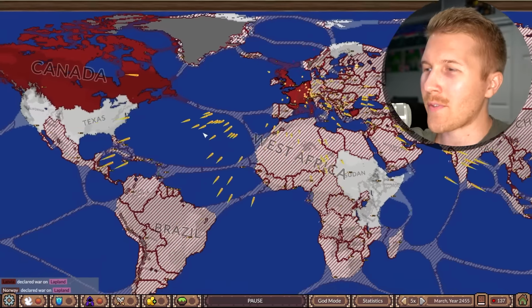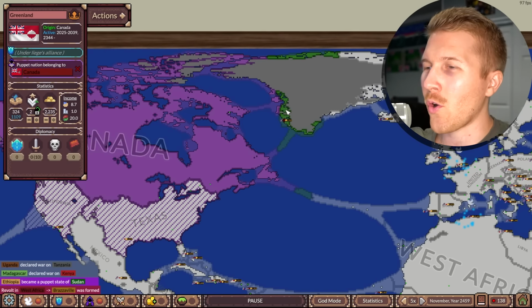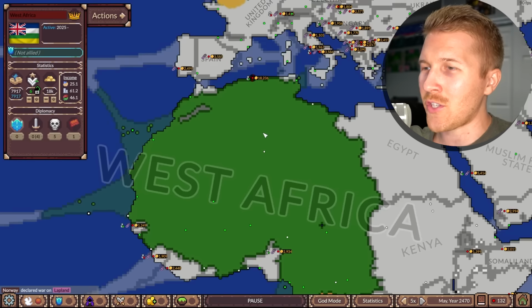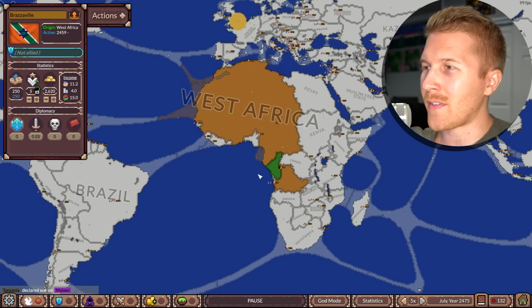Okay, so the stripes, why... Oh, Canada has a puppet now. I was confused for a second. So Canada stole away British Greenland. Finally, a big force had just declared independence, West Africa. And West Africa could easily make this jump across the Mediterranean and start to cause a big threat to the British. West Africa did lose a little bit of territory, but this is a big...